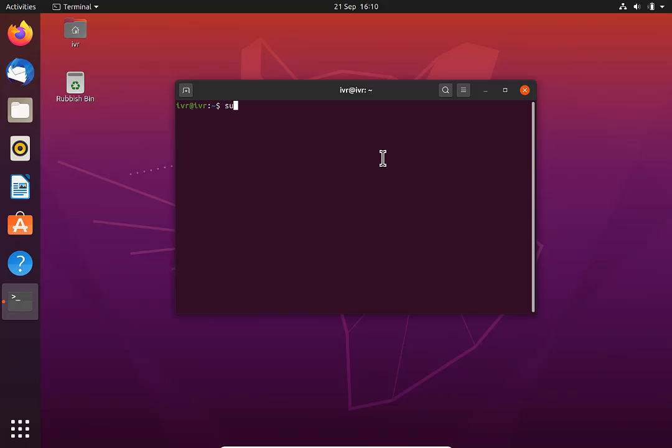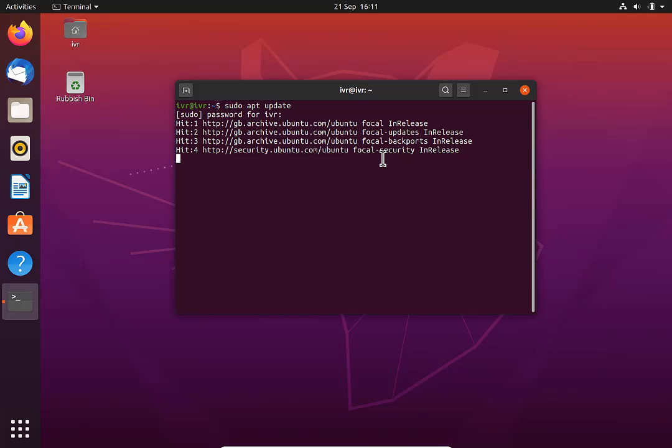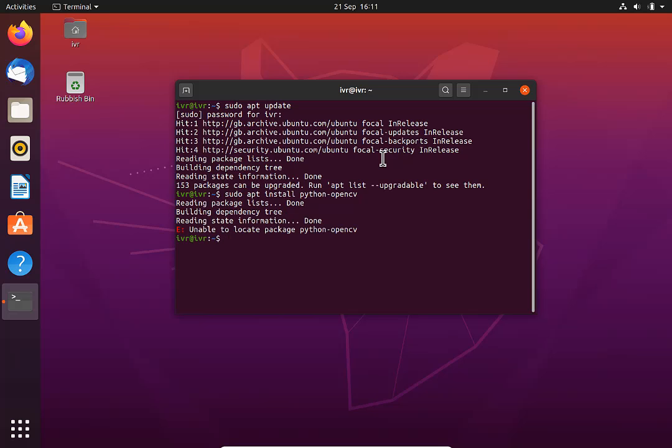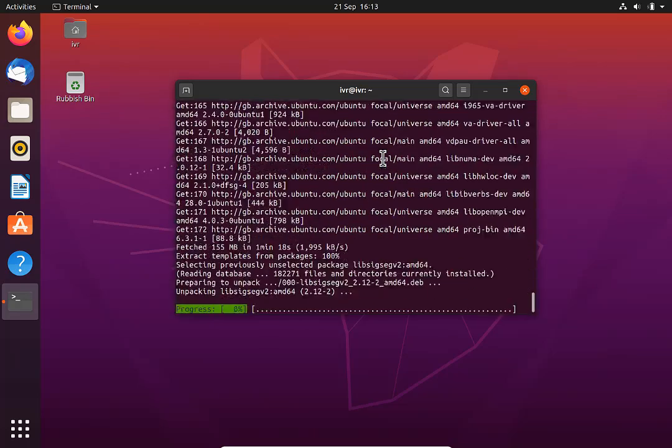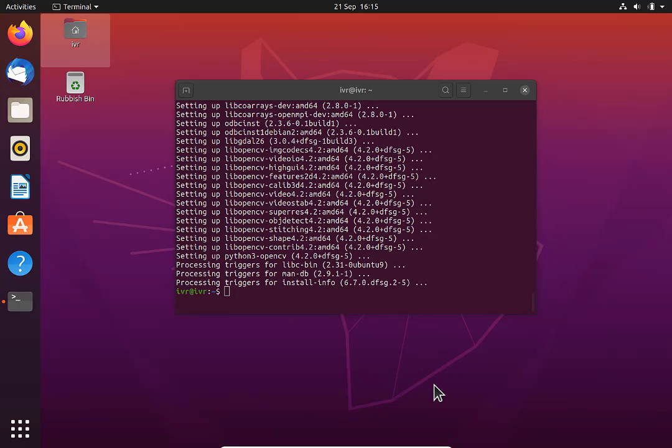First thing, I want to install OpenCV, but before that I need to update the newly installed Ubuntu. I install OpenCV using sudo apt command. So it needs to be Python 3. To make sure that you have